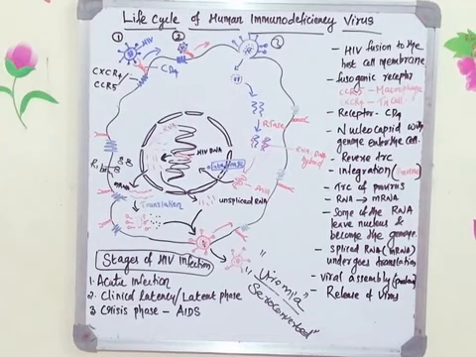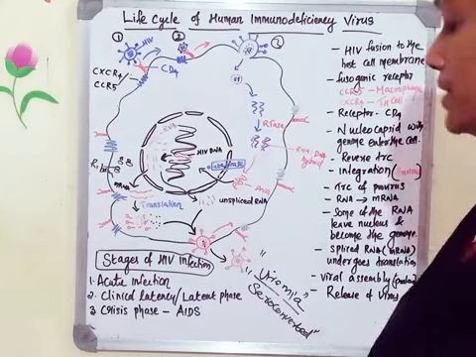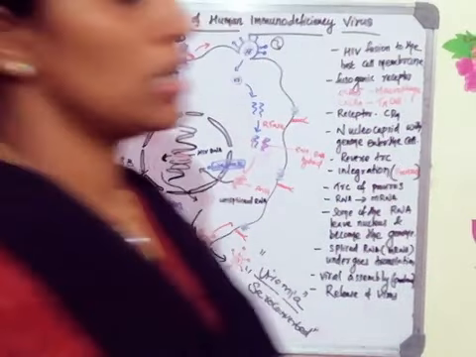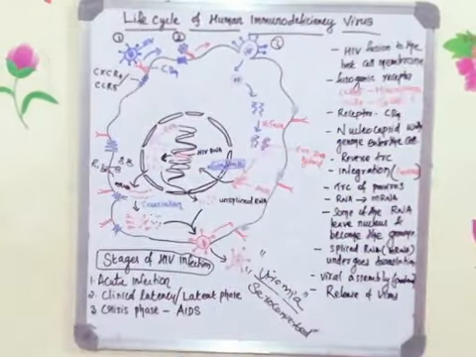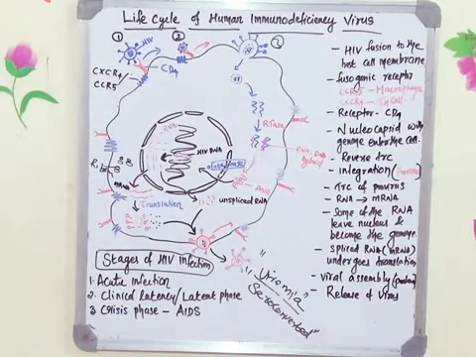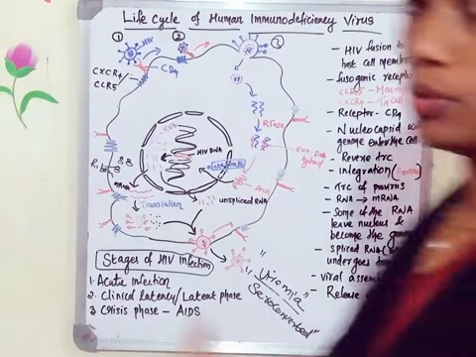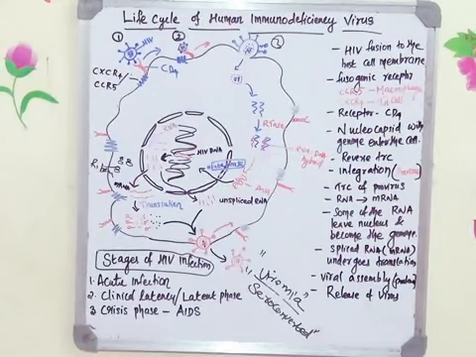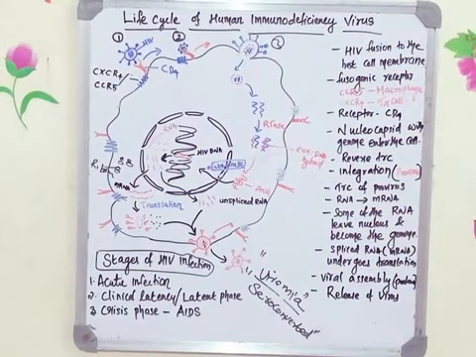Okay, so these are the various aspects of the HIV life cycle and the different stages of HIV infection. In the next class, we will be discussing the various treatments available to treat HIV, the therapeutic agents which are used to keep the viral infection under control. There is no cure for AIDS. You can just keep the viral infection under control by using various methods which we will be discussing in the coming classes. Thank you so much.